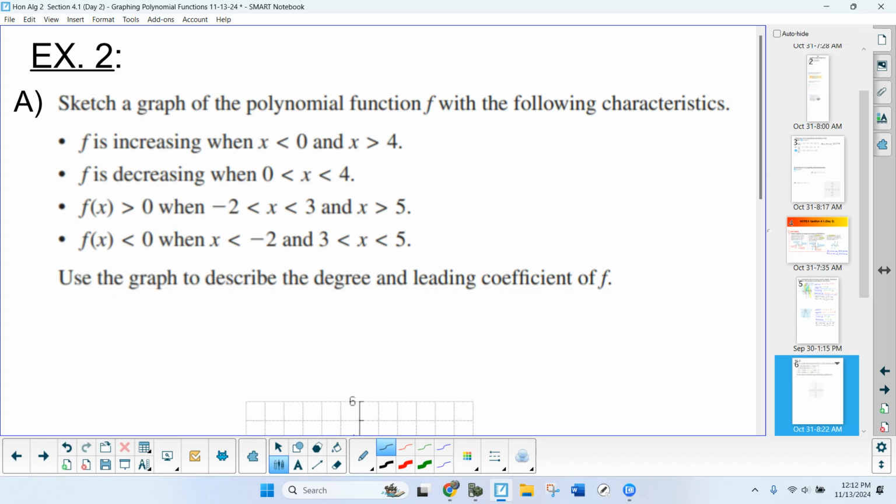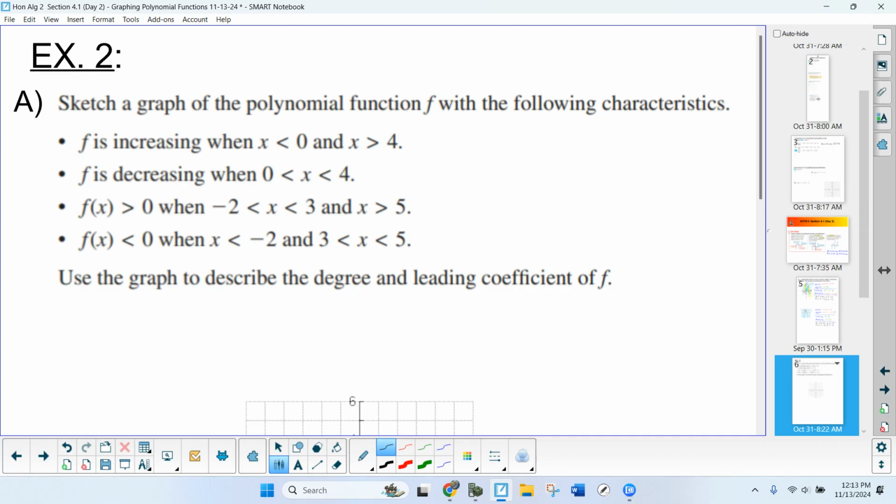Sketch a graph of the polynomial function f with the following characteristics. F, so the function, is increasing when x is less than 0 and when x is greater than 4, decreasing between 0 and 4. F of x is greater than 0 between -2 and 3 and when x is greater than 5. And f of x is less than 0 when x is less than -2 and between 3 and 5. Use the graph to describe the degree and the leading coefficient. Whew. Okay, so if you're like me, I kind of went,